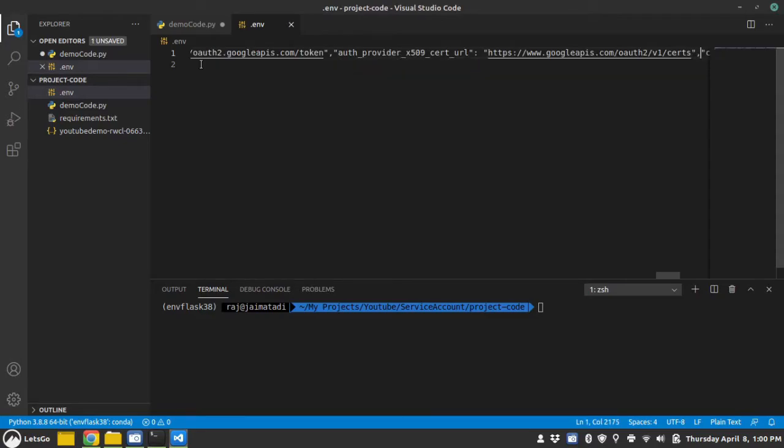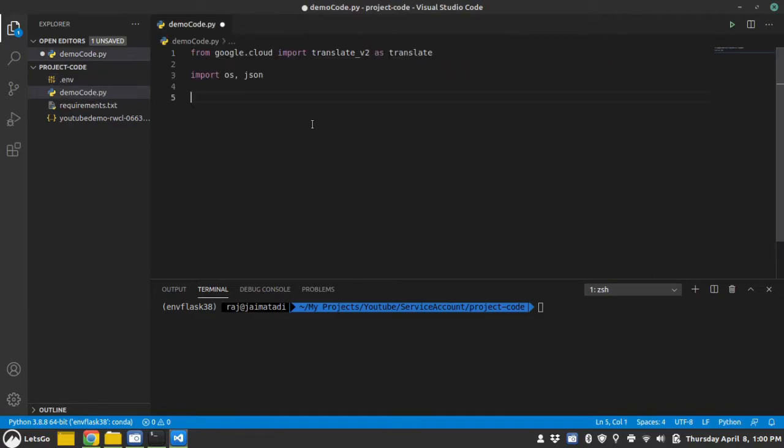Okay, now it's ready. Also, the thing with this Python client library of Google Cloud is that we must provide the credential through a Google application credential environment variable. So let me do that.